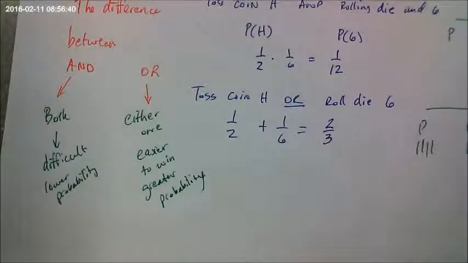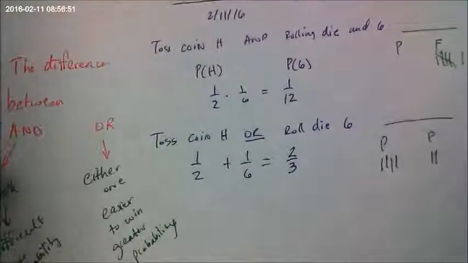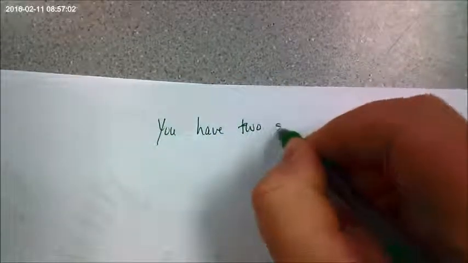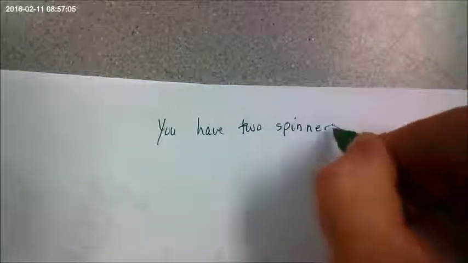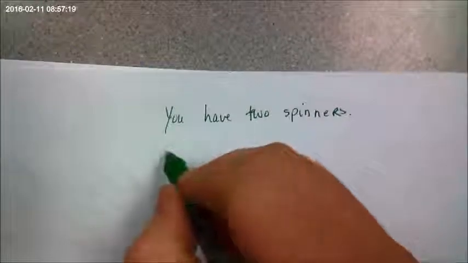Good to go? All right. You ready, Christina? You sure? Okay, Christina. Check this out. Let's say there's two spinners. You know what a spinner is, right? Like, what games use spinners? Life. Twister. Chutes and Ladders. Yes. So, check this out.